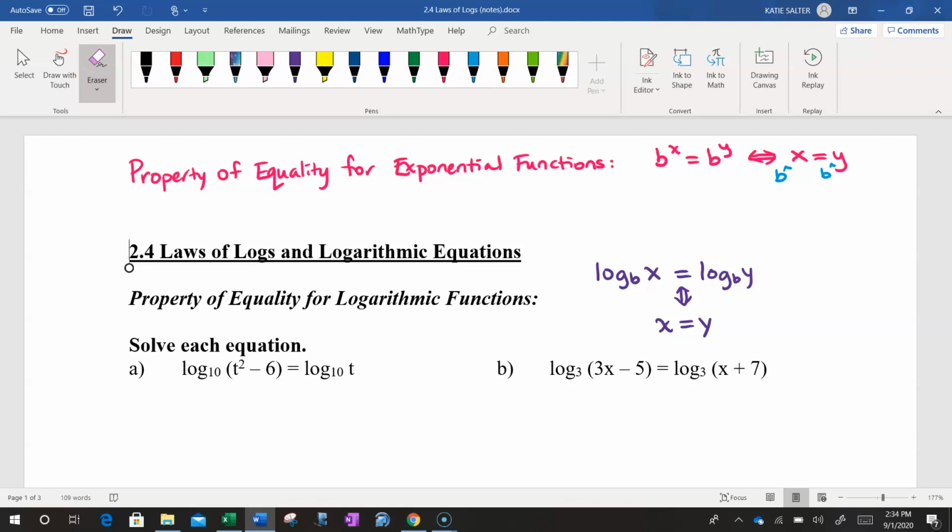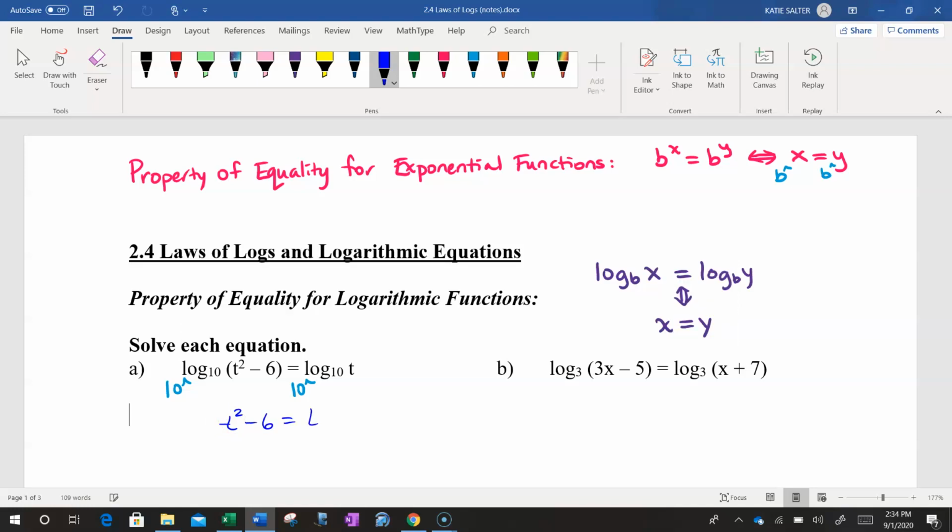So that's another way we can look at this. Since the base is 10, we can 10 it up on each side. I call it basing it up. And what that allows us to do is use the property from the previous lesson. The exponential function undoes the logarithmic function, and it's kind of like they cancel each other out, because that's the whole point. And then this just pops out: t squared minus 6